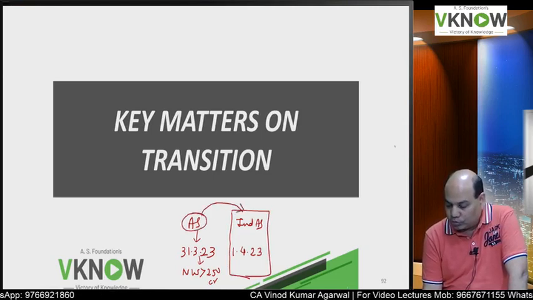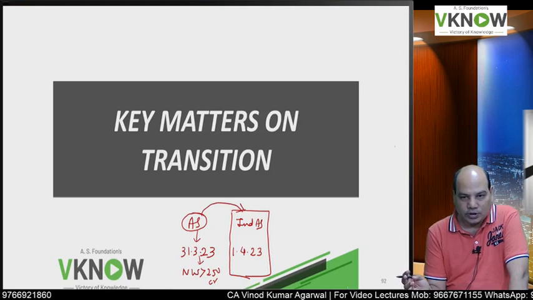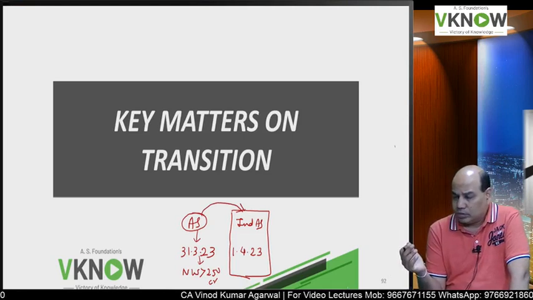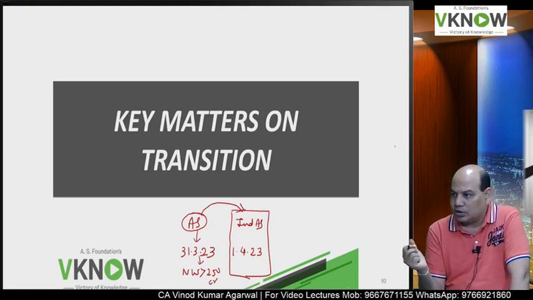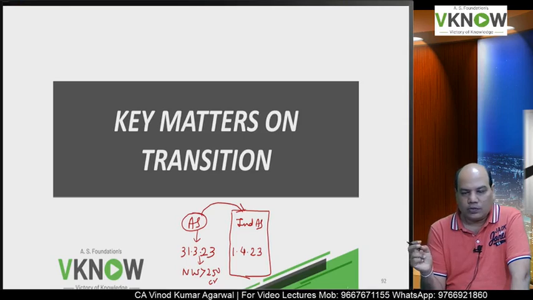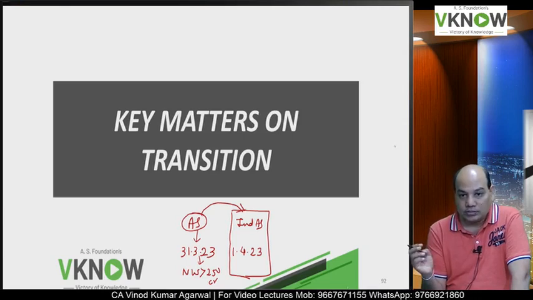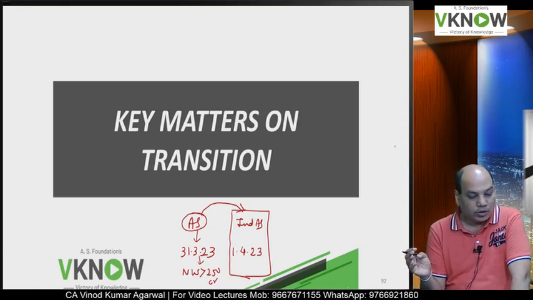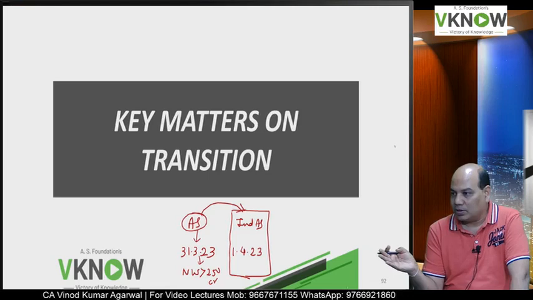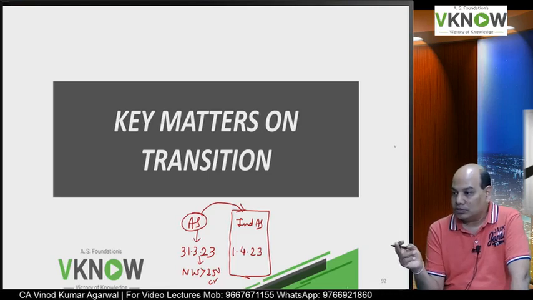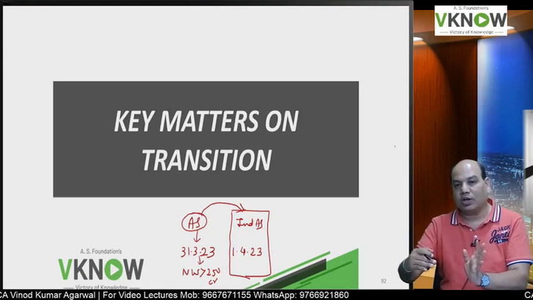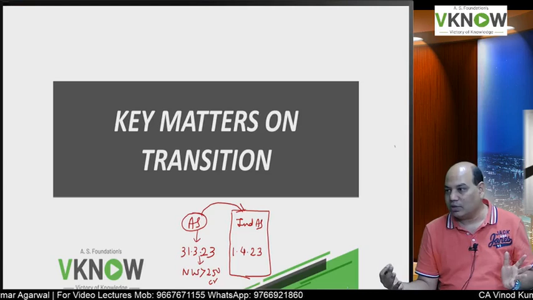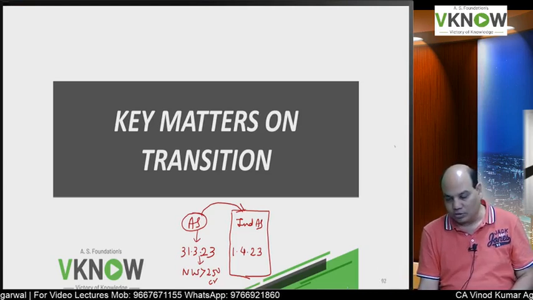Now you have to move to an altogether different set of standard which are quite different from each other. At so many places there is a difference. There are some situations when we don't have any accounting standard also, like we don't have accounting standard on agriculture, we don't have accounting standard on financial instrument, we don't have accounting standard on share based payment, we have one guidance note on ESOP. So, and there are other standard where there is lot of differences like revenue, leases. So how to deal with that? So that is called key matters on transition.